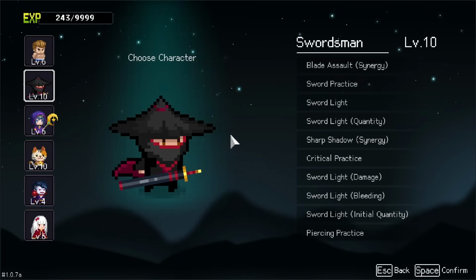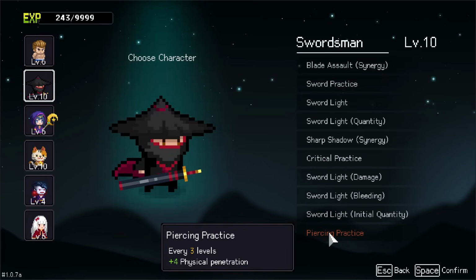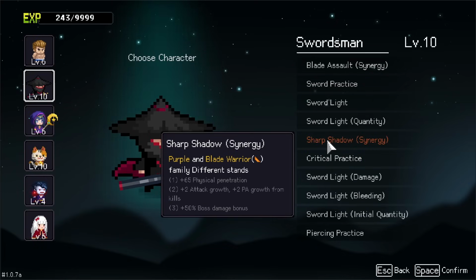Today we are going to be playing on the swordsman. As you can see, we do have him level 10 and that gives us piercing practice, which gives us physical penetration every 3 levels, which means that we are going to be very strong. However, because we do run sharp shadow, that means that we have to use synergies